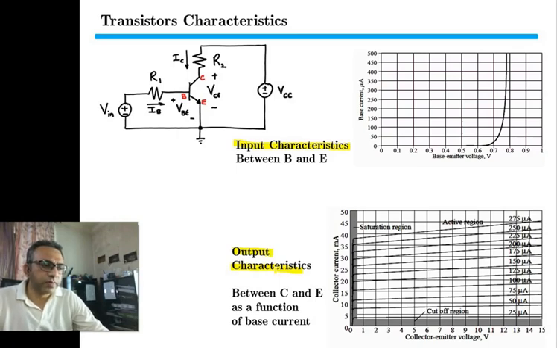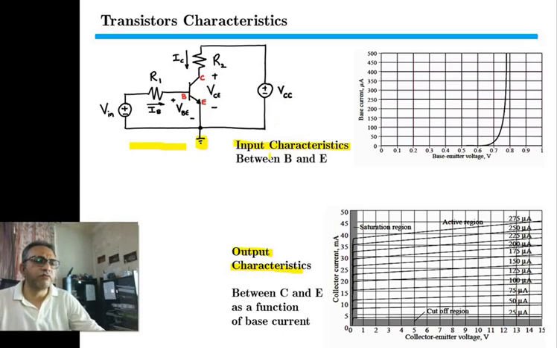The circuit setup to find the transistor characteristics is shown over here. This experimental circuit setup will determine the transistor characteristics. So what we have done here is that the emitter is common and it is grounded. Then the base connected through R1 is connected to input voltage, and the collector through R2 is connected to another external power supply, VCC. So Vin is one external power supply and VCC is the other power supply.